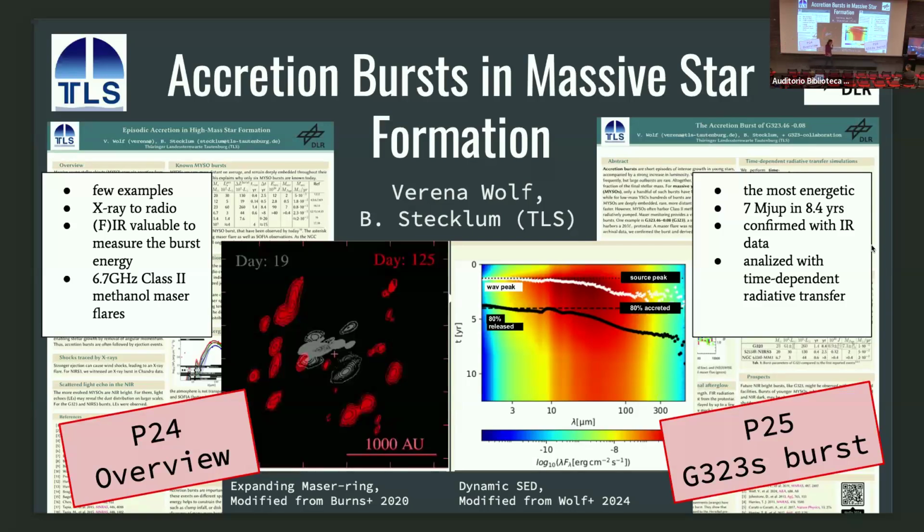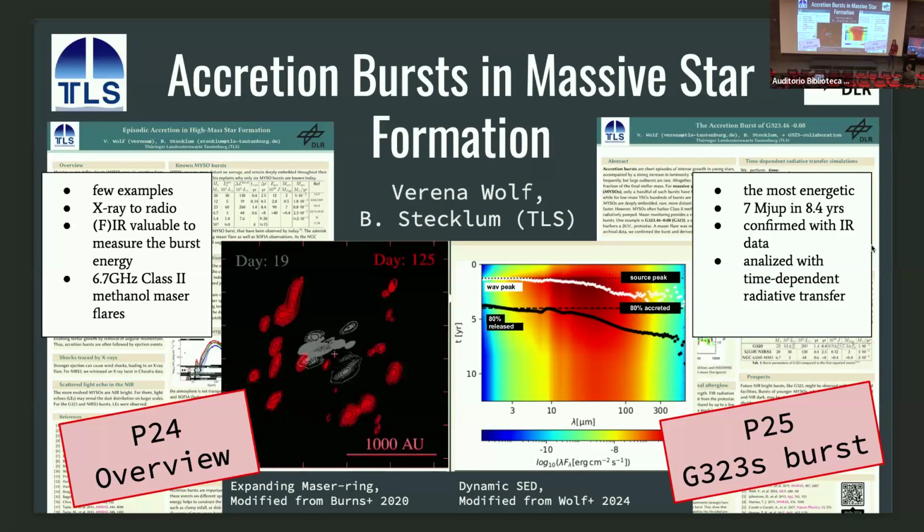And I also have a second poster. This is on one particular outburst. We used the infrared data from VVV and SOFIA to constrain the burst energetics. And this was the most energetic observed. It lasted about 8 years. And what I show here in this figure is